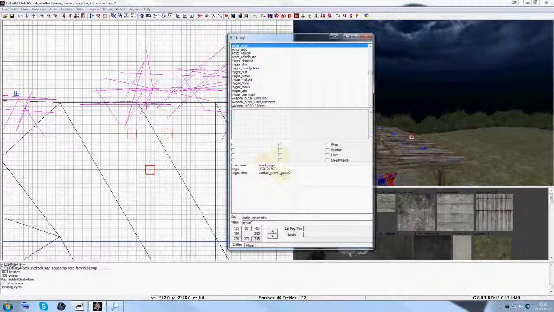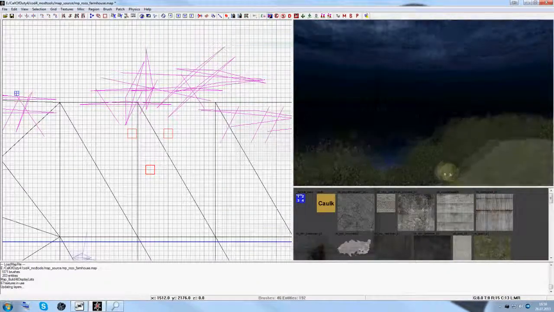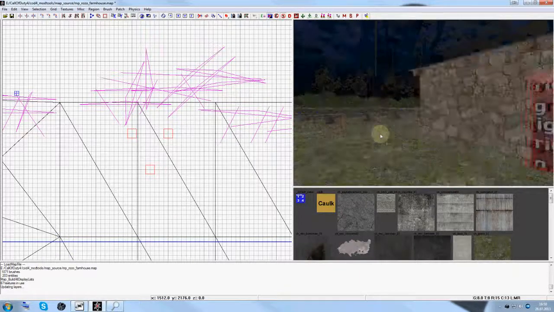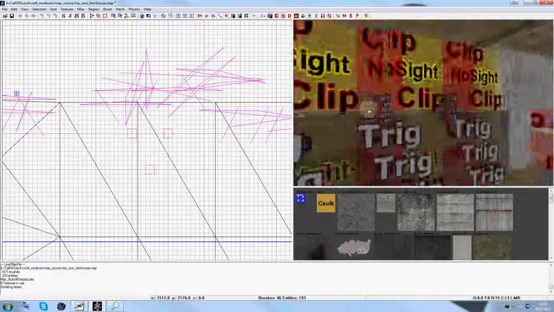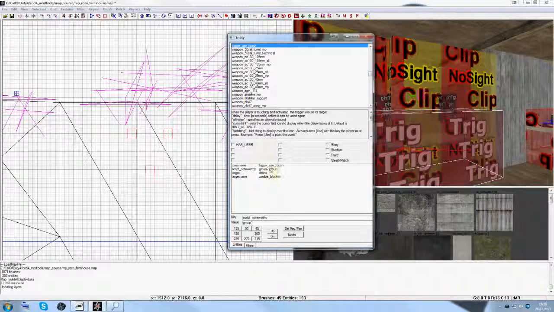Zombie spawn group 3. Those will be loaded for the zombie spawns, and zombies will start to spawn when you open this barricade. In this case, that's a good example as well. You can see right here, script noteworthy group 2, group 3. If you open this one here,